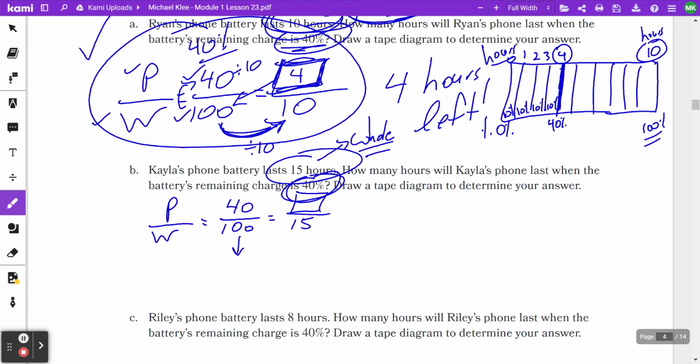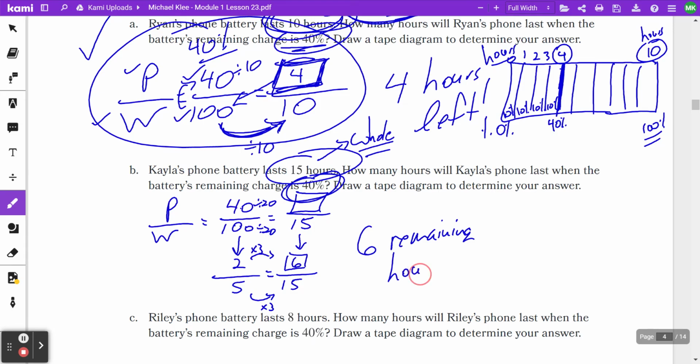What can I divide each of these by? Well, how about 20? You'll see why I want to use 20 in a second. So 40 divided by 20 is 2, and 100 divided by 20 is 5. Look at that. Now let me bring down my other part of the problem. Watch what happens there. Did that work out nicely. So times 3, and I get a 6. So 6 remaining